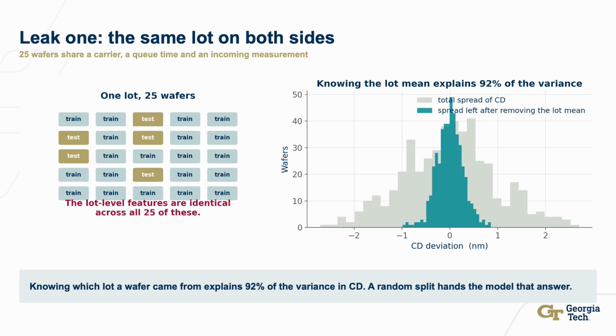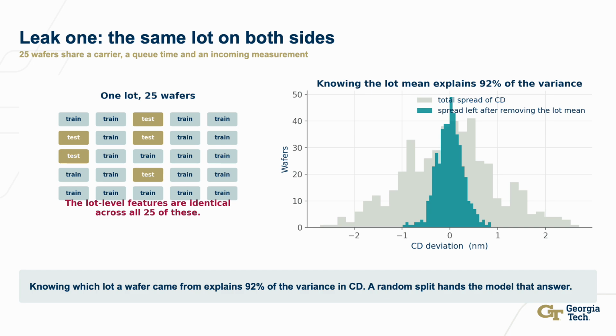Leak 1, the same lot on both sides of the split. Here is one lot, 25 wafers under a random split, 5 of them landed in the test fold and 20 in the training fold. Those 25 wafers share a great deal. The same carrier, same queue, same time, same incoming lot measurement, the same operator, the same shift, the same chamber. And in our feature table, all of that lives in the lot level block, 20 columns that are identical for